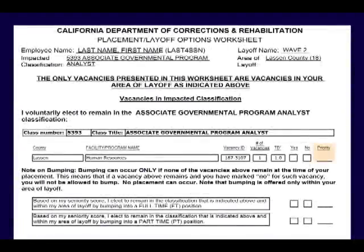Priority. You may only use priority numbers once through the entire document. Do not repeat priority numbers. Even though the vacancies provided to you are divided into various sections, you must treat all of the options as one listing. For example, if you were interested in 20 options, you would mark your options 1 through 20 throughout